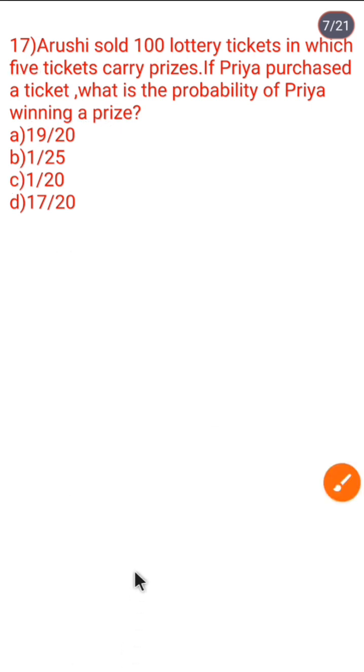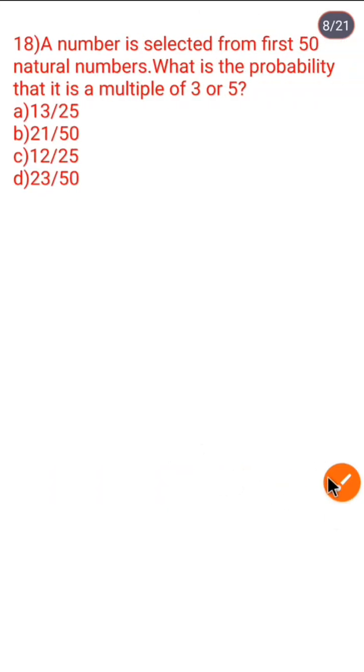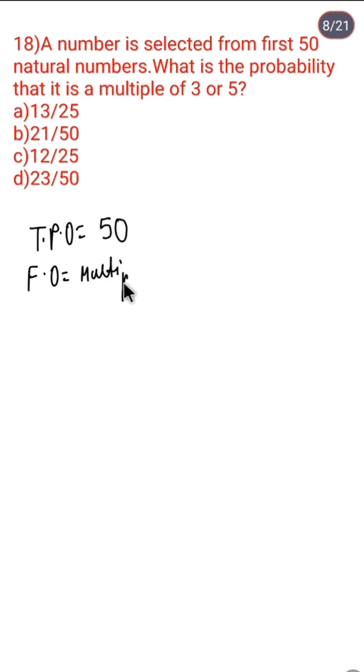Next question is, a number is selected from the first 50 natural numbers. What is the probability that it is a multiple of 3 or 5? A number is selected from 50 natural numbers, so the total possible outcome will be 50. Yes or no? 50 numbers are there. What is the probability that it is a multiple of 3 or 5? So the favorable outcome will be multiples of 3 or